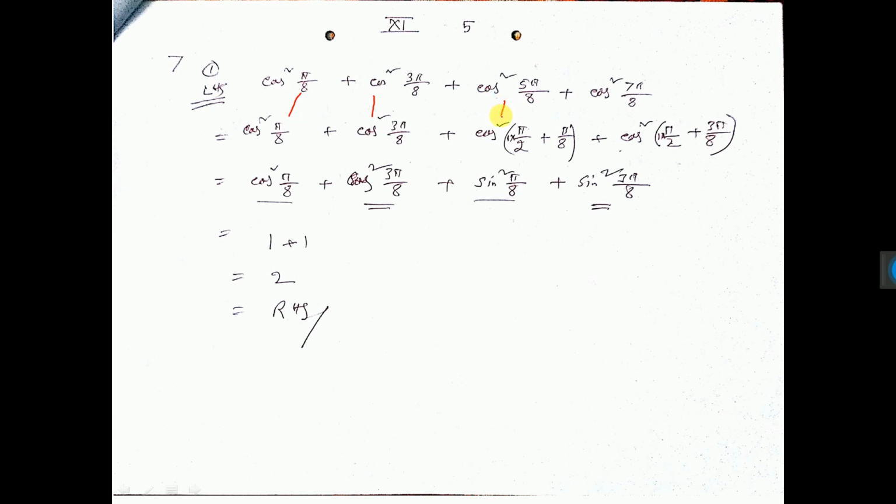This can be written as pi by 2 plus pi by 8, because 4 pi plus pi, that is 5 pi. Here 4 pi plus 3 pi, that is 7 pi. Now 1 into 90 plus theta, pi by 2 means 90, 1 into 90 plus theta. So cos will be sin here, here also cos will be sin. I am not worrying about the sign because here if it comes negative, square is there, so it will be positive. Now see cos square theta plus sin square theta, it is 1. Again cos square theta plus sin square theta, it is 1. 1 plus 1, 2, that is right hand side.